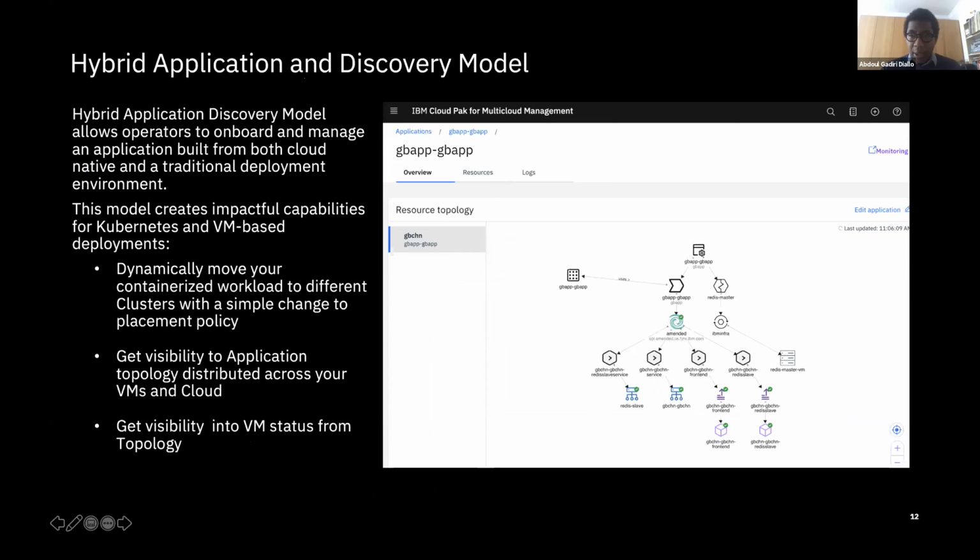Can you see my screen? Yes. Okay, so I'll be now talking about the